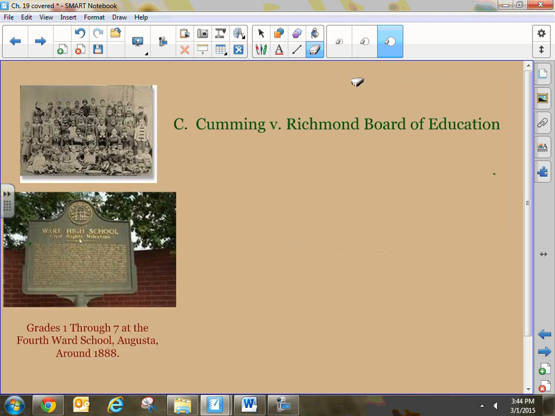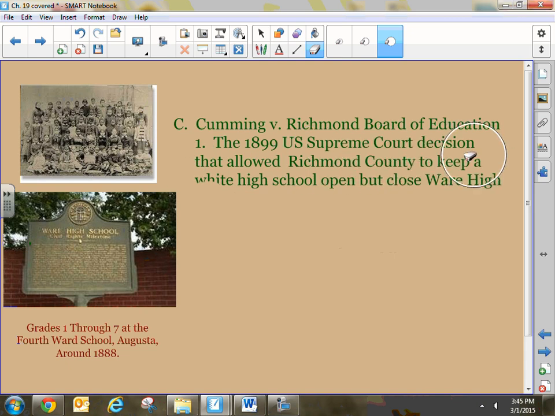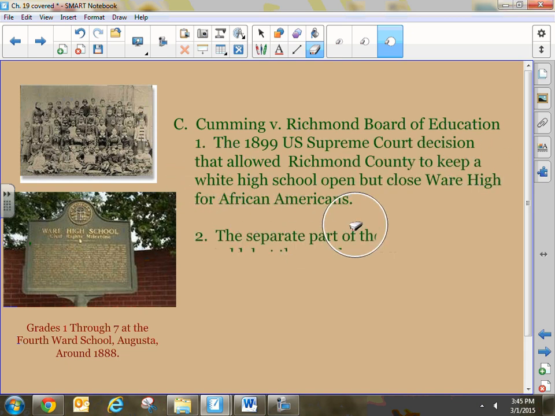How did schools get segregated? Well, part of it is a Supreme Court decision that involved Georgia schools. In 1899, the U.S. Supreme Court said that Richmond County could keep a white high school open but close Ware High for African Americans. They used the Plessy versus Ferguson doctrine, separate but equal. There was a white high school and a black high school, and Richmond County, which is in Augusta, said they were going to close the high school for African Americans. People brought a lawsuit saying you can't do that because even the Supreme Court says you have to have separate but equal. But the Supreme Court said